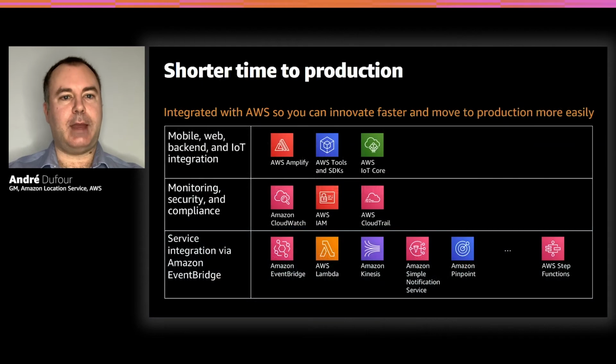Now, I told you that Amazon Location helps you get to production more quickly, and the way in which we do this is with a bunch of built-in integrations to other AWS services. To name just a few, you are getting integration with Amazon CloudWatch, metrics, logs, alarms, right out of the box. This is instrumentation you would otherwise have to build. Equally, we give you integration with CloudTrail, so API calls are logged, which makes it easier to meet your auditing